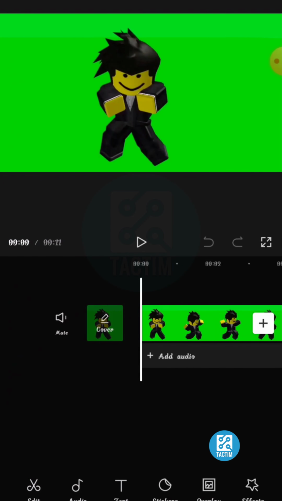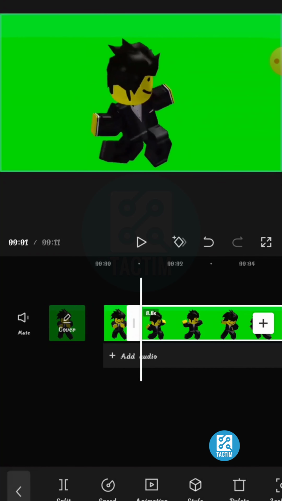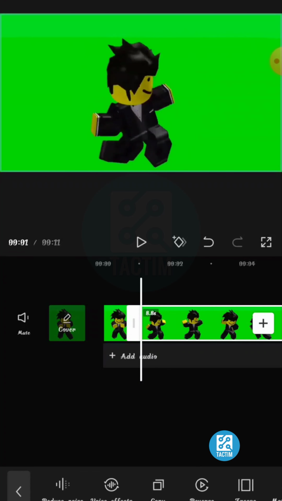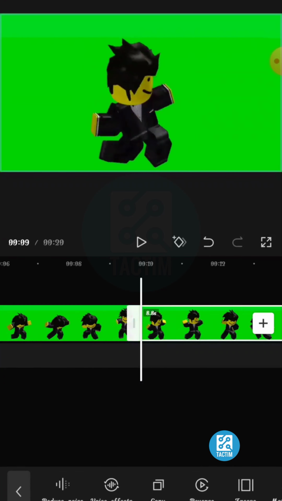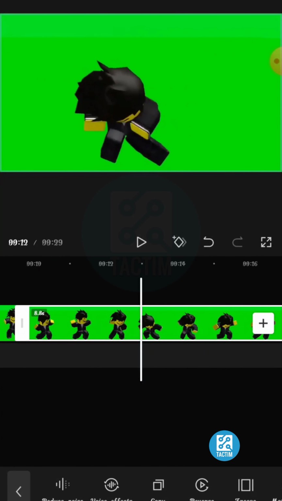Now split the video like this and copy the video 2 times. Scroll down here and here you can see the copy option, click on it again. Now select the second and third video